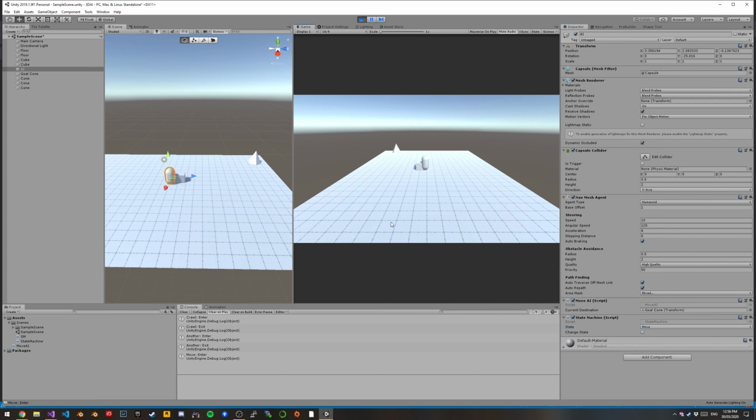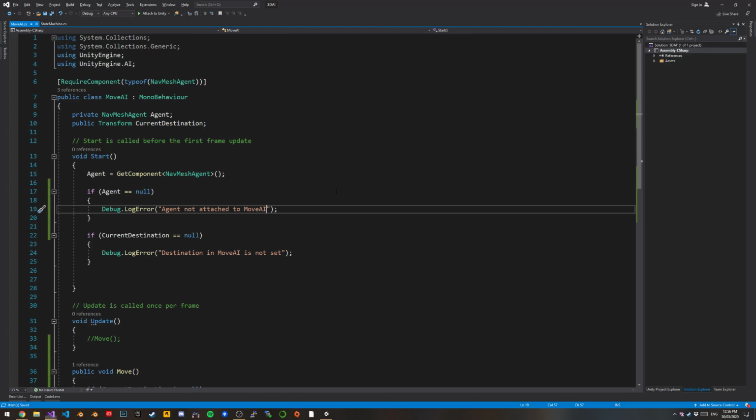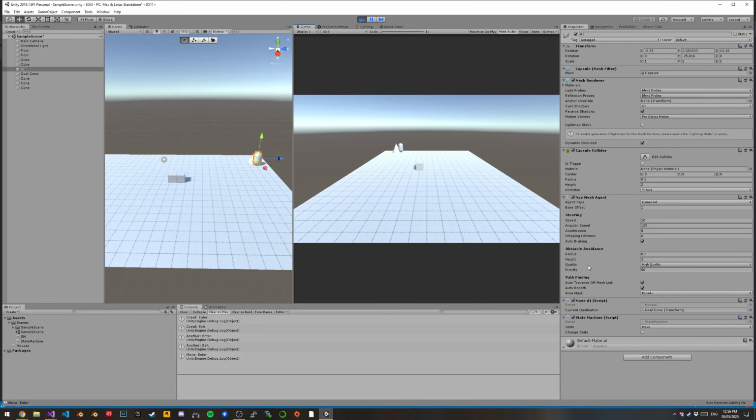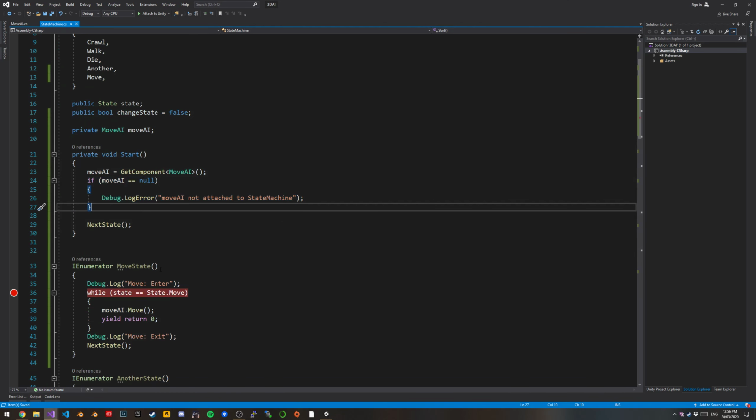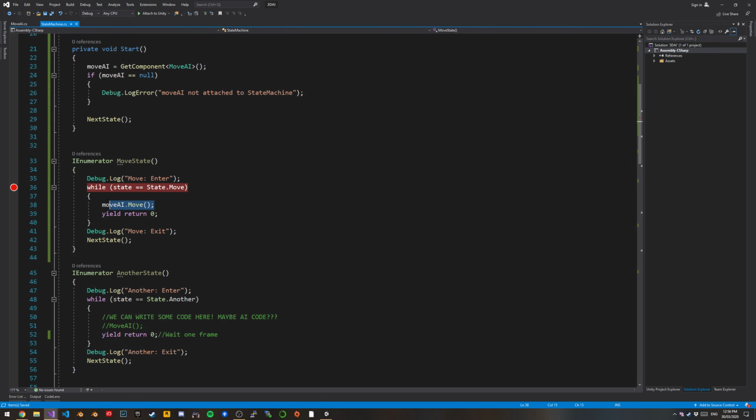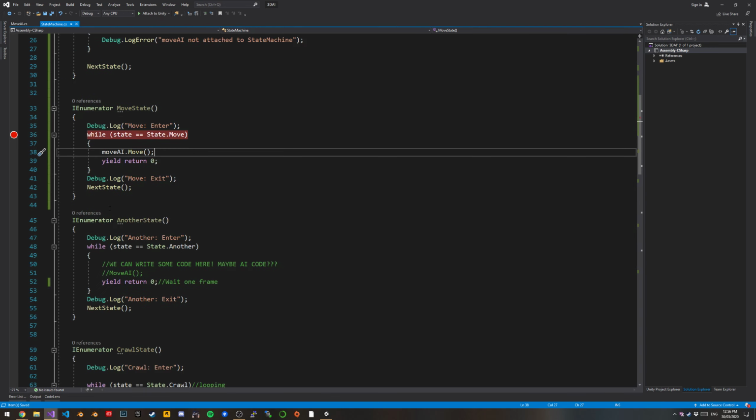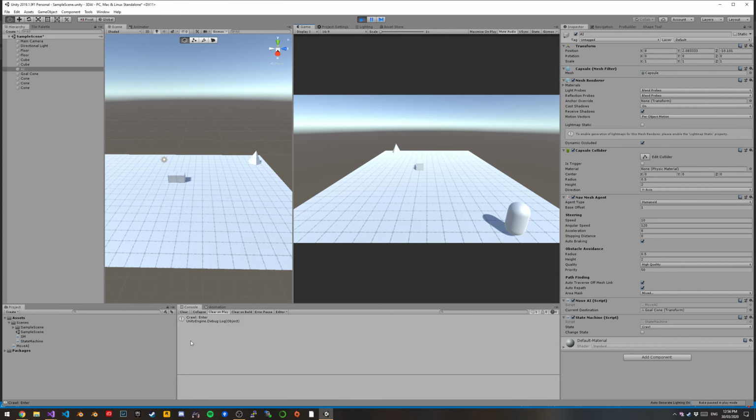There he goes. Okay. I think Unity was just glitching, I don't know what I changed there. But anyway, it's working now. And if I close and open up again, right? So to recap, if we're in the move state, it's going to move the AI. Any other state, it's going to do some other things. So keep an eye on the console. We're in the crawl state. If I go to walk state,